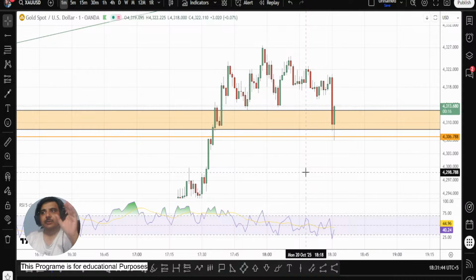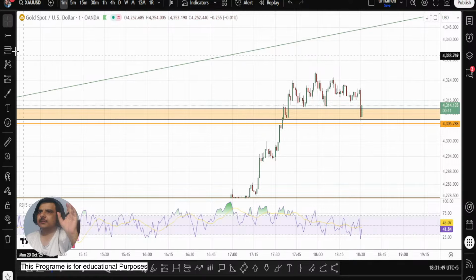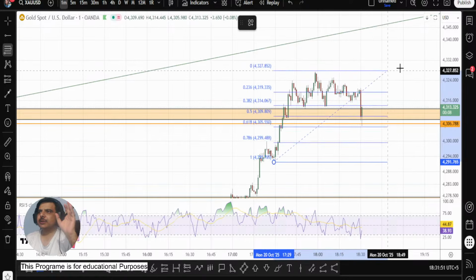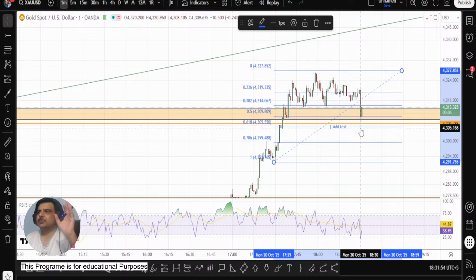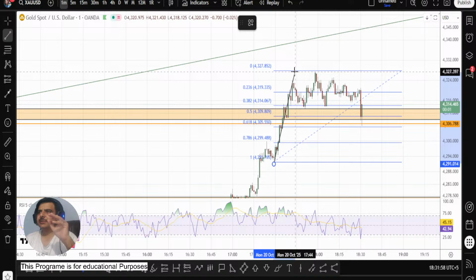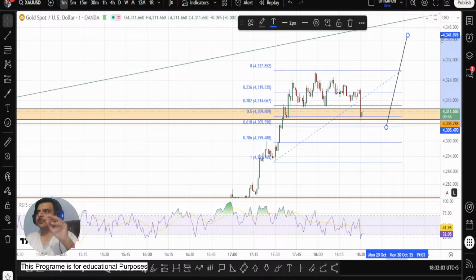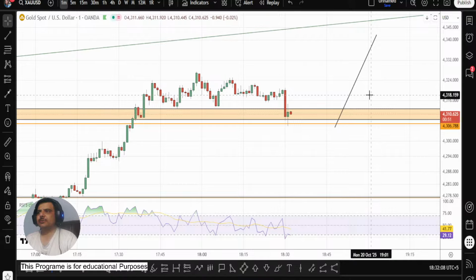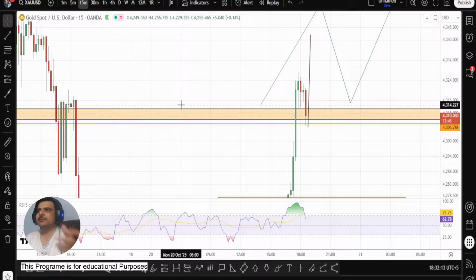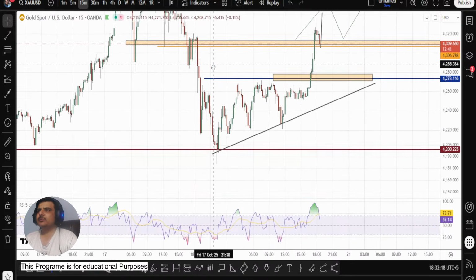On the 1 minute, the bulls are no doubt interested. Let's see if there is any Fibonacci or something. Yes, we have a Fibonacci to the bullish side of the market, and this Fibonacci will be suggesting us a bullish wave, which points to 4341. But we have to see, okay? We just can't blindly say anything. We have to wait for the 15-minute candle and then we have to find it out.